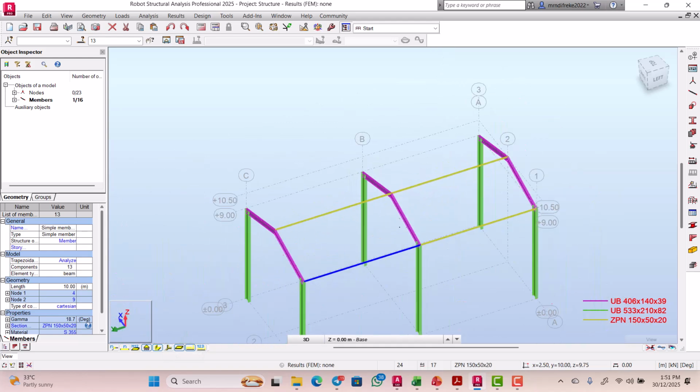Okay, so that is how you can create your cold form steel section and import it to Autodesk Robot Structural Analysis software. So thank you. I believe that you have learned something. See you in our next